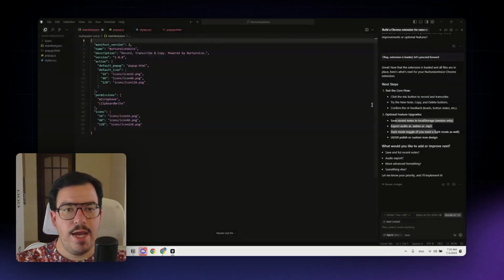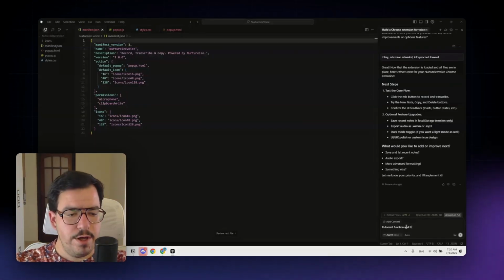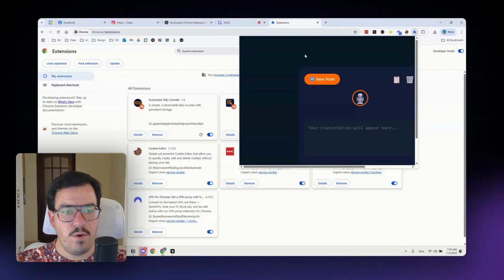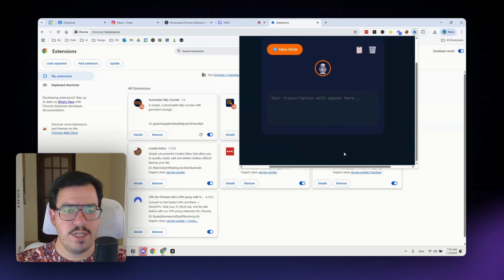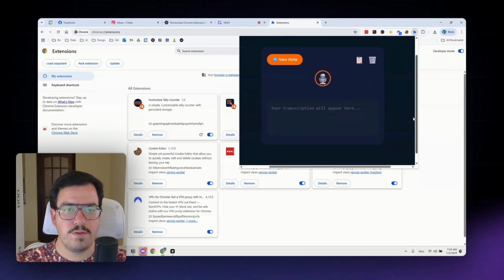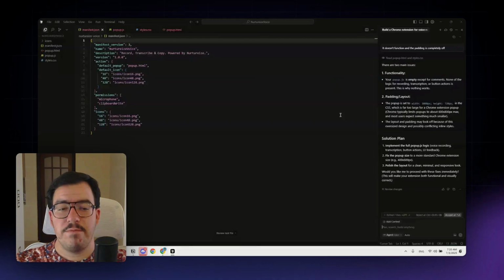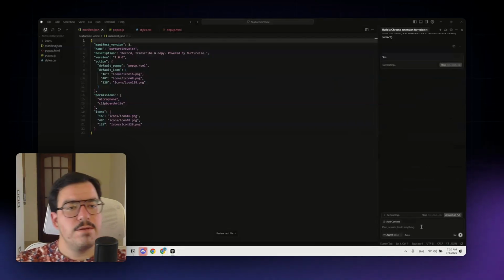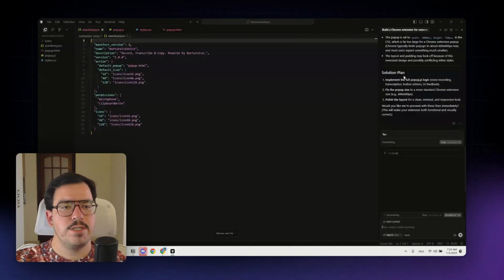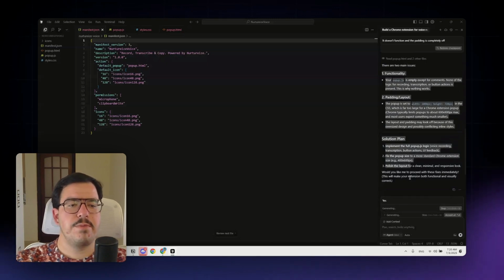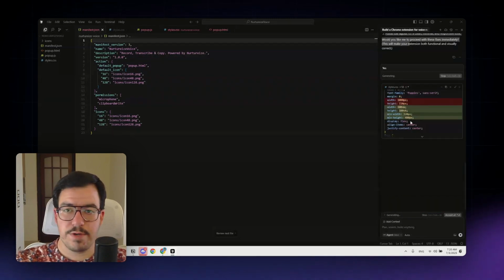Hello. And it doesn't function, and the padding is completely off. Padding is like these corners, they're not supposed to be this way. It has a lot of space and we don't want that much. It does do something, I guess. Yes, because it asks me if I want to proceed with everything. We just say yes, because it analyzes the problem, it debugs it, and then it provides a solution plan,